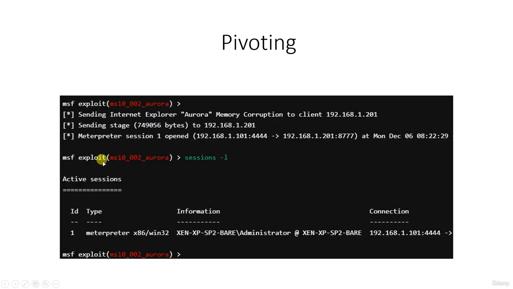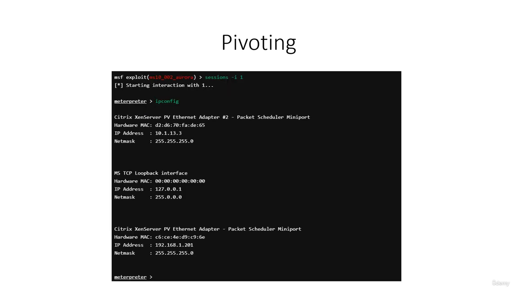So very easy. What you have to do now, after that, just type sessions -l, and this is going to give you the active sessions. So we want to leverage this newly discovered information and attack this additional network. Metasploit has an autoroute Meterpreter script that allows us to attack this second network through our first compromised